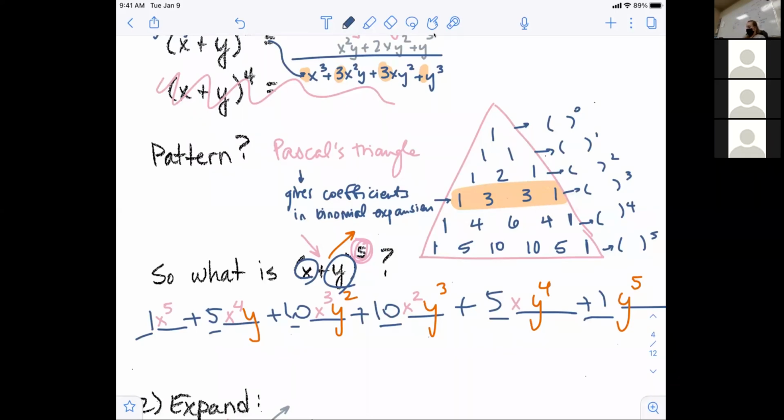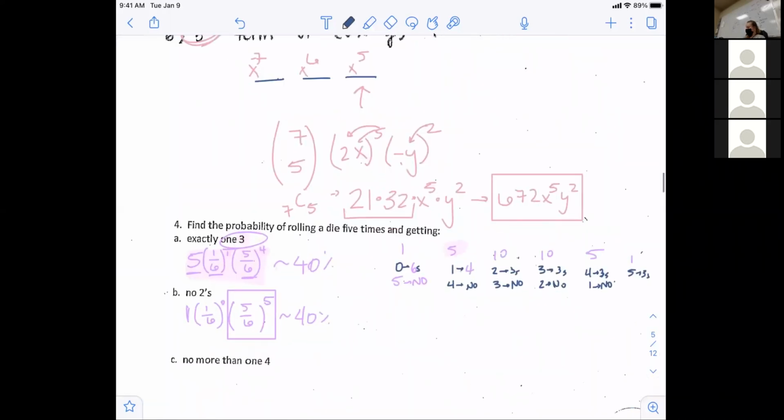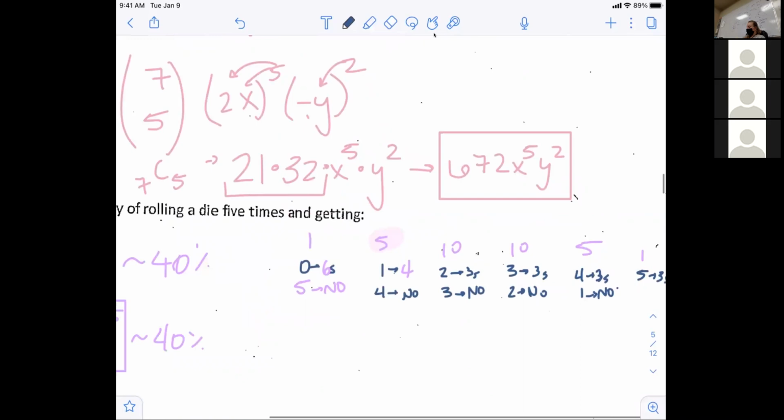Okay, so that's kind of just a brief of what we did last class. Now, last class we did start number 4, and I might have had this backwards. I might have had all 3s at front. It doesn't truly matter because it's a mirror image. But what happens is I looked at the opportunity of rolling a dice 5 times. So we looked at the binomial expansion of doing something to the 5th power. So that's where my 1, 5, 10, 10, 5, and 1 come from, because I did my binomial expansion, my